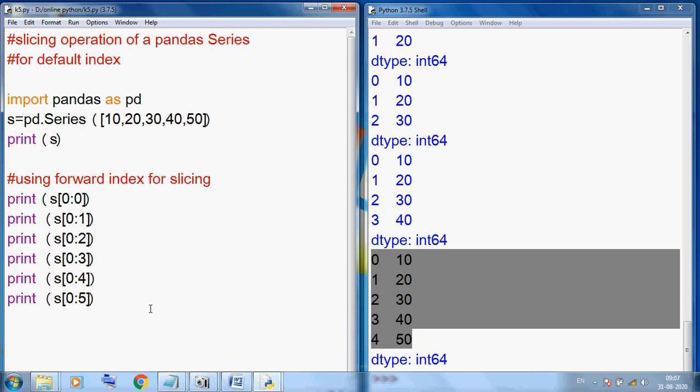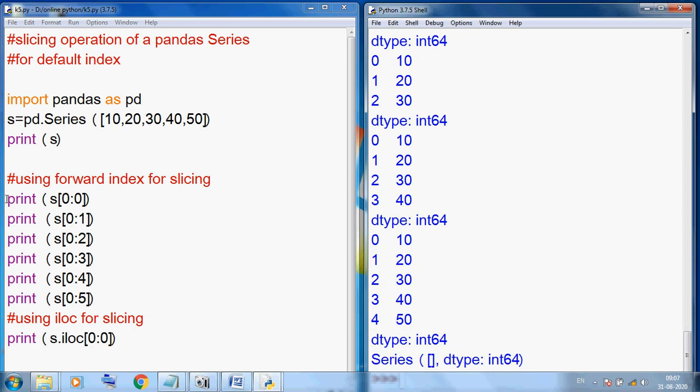Now using iloc for slicing. The same thing we can perform using iloc. Here one thing we need to change: we can use print s dot iloc and in square bracket we can use 0:0.